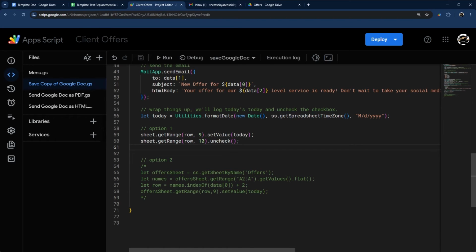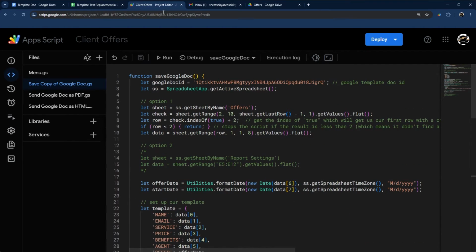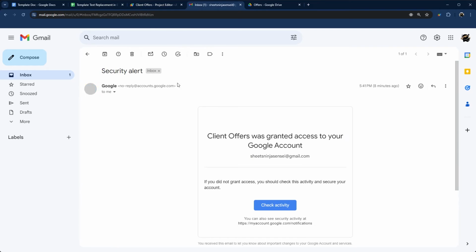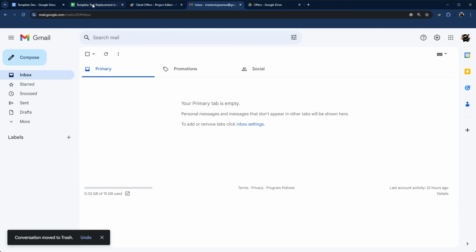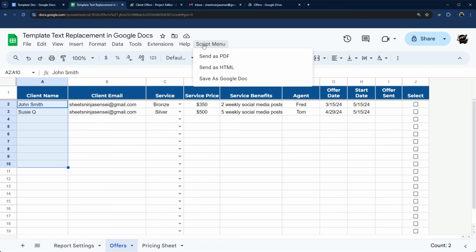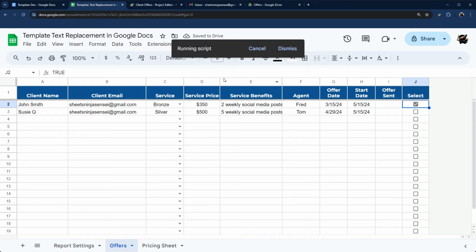All right, so we've already authorized the script, so this should work as is. We'll go ahead and get rid of our little security alert here. And so let's go ahead and send as Google Doc. Make sure I check this. And we're going to send as Google Doc. And here in a second, as long as I didn't screw anything up while I was showing you. Okay,